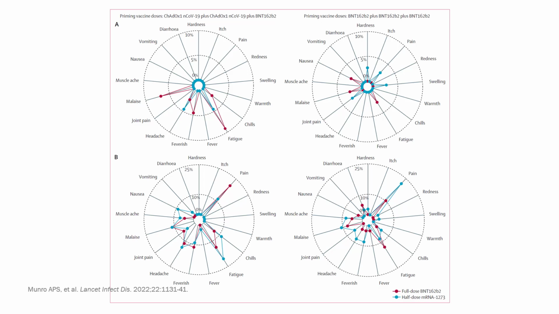So you can say, okay, here I'm showing you the adverse effects of the 2 vaccines. A full dose of Pfizer's vaccine and a half dose of Moderna's vaccine. So red is the full dose of